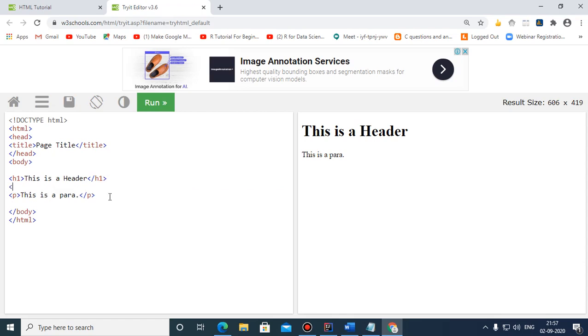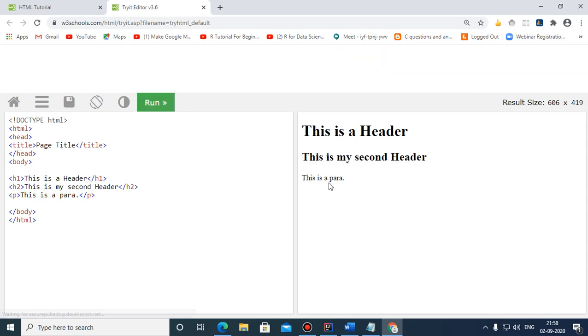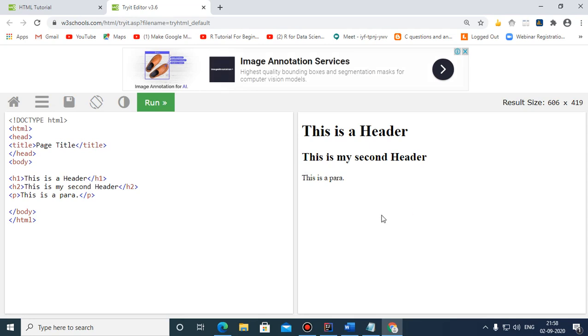Like, I just want to insert one h2 tag, and here this is my second header, which is this h2, and just click on run. You can see in the right pane this is my second header, and this is a paragraph.